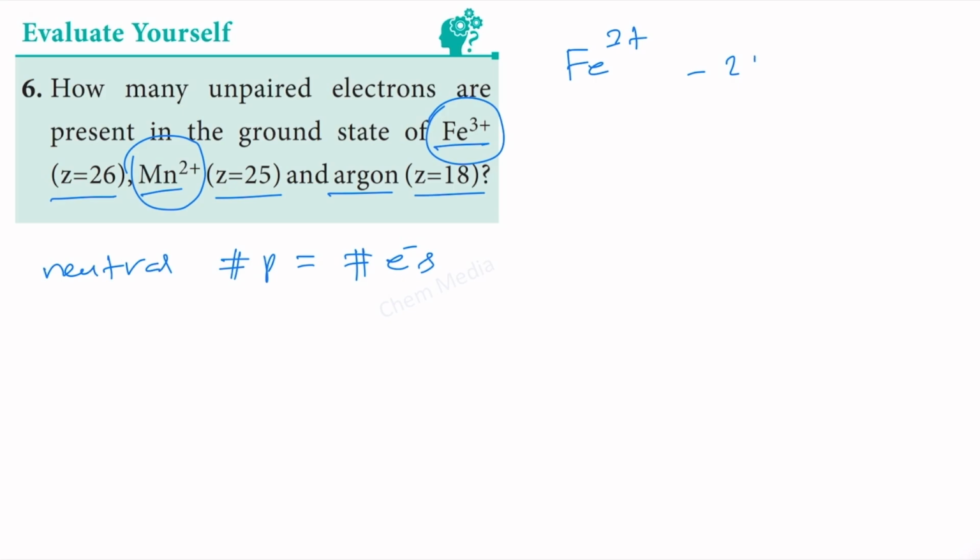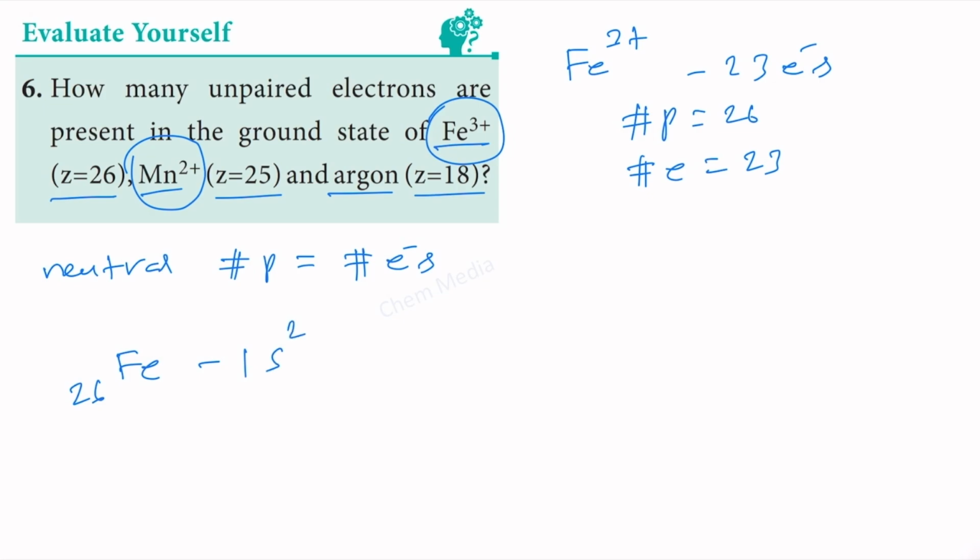We will have 23 electrons here. Even though the number of protons will be 26, when it comes to the number of electrons, it will be only 23. Let us write the electronic configuration of the neutral atom first, and from there we will remove 3 electrons. To write the electronic configuration, we need to follow the aufbau principle or the build-up principle, and therefore